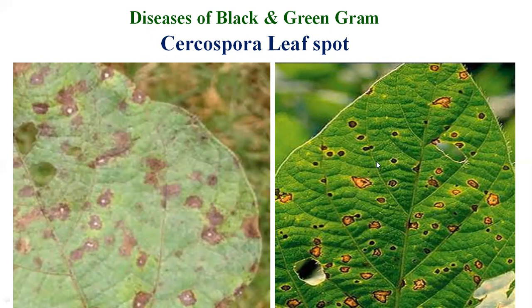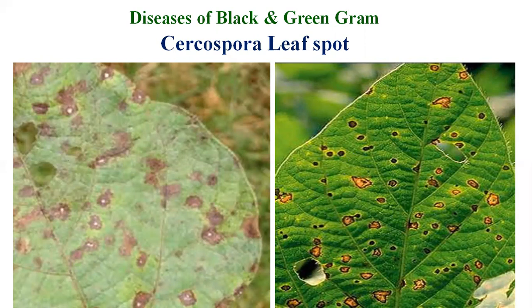These spots increase to form big patches. Due to the formation of big patches, the leaf tissues undergo heavy drying, and due to heavy cyclonic windy waves, these dried tissues are blown away by the air current, and this kind of shot holes occurs in the leaves. This ultimately adversely affects the development of the leaves, the total physiology of the plant, and the flowering and pod formation. So this is about the Cercospora leaf spot.